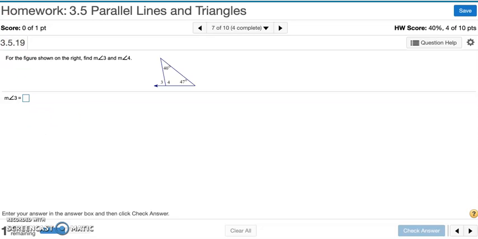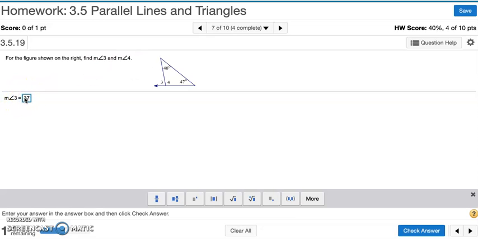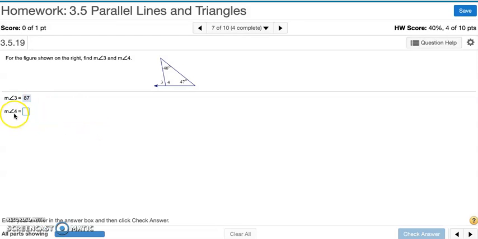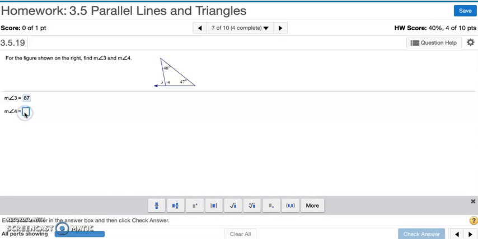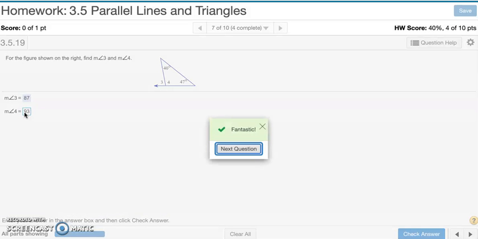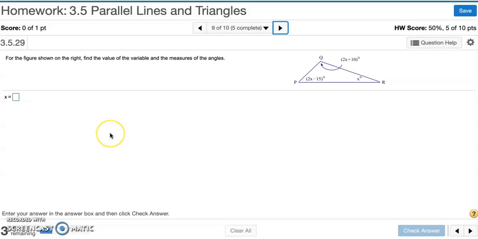angle 4. For angle 3, just add up the two numbers here because they're the remote interior angles. 40 plus 47 is 87. To find angle 4, we add up 40 and 47 and we subtract it from 180. Doing so gives you 93. And that's number 7. Going to number 9, for the figure shown on the right, find the value of the